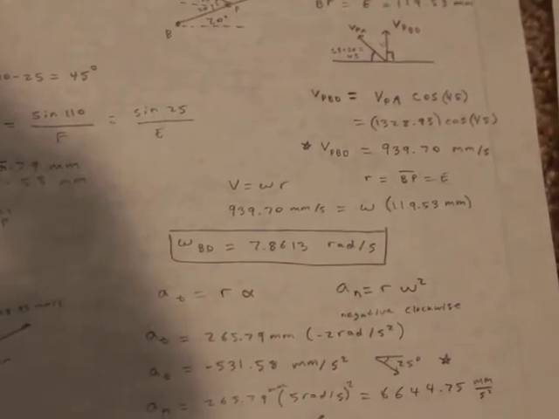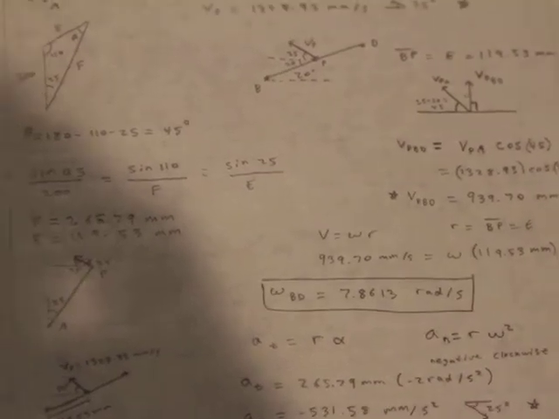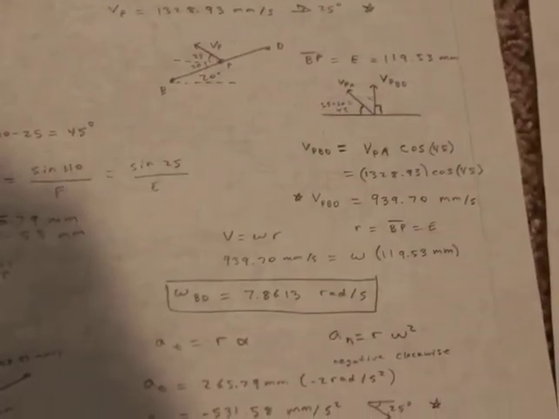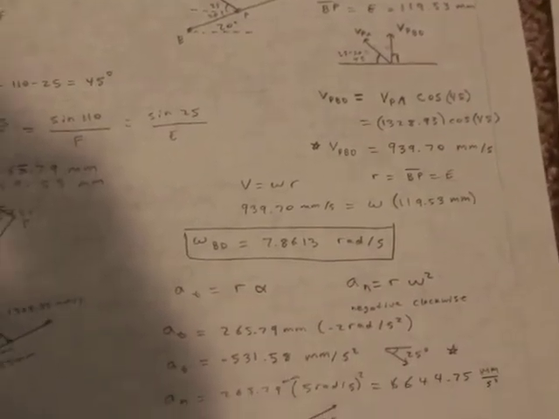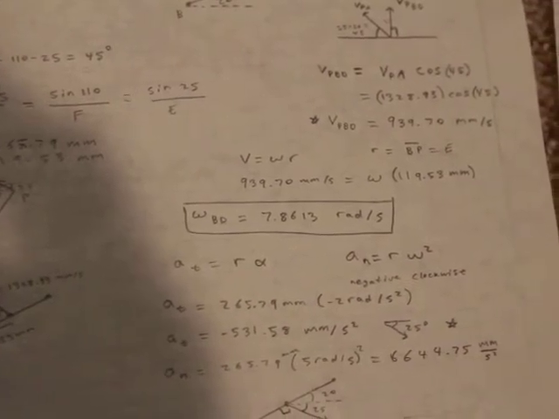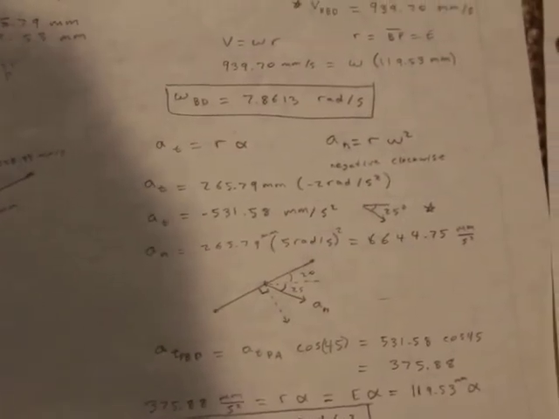We then use that velocity with a radius, which is equal to b, the distance between B and P, which we denoted as E, and that gives us the angular velocity of BD equals 7.8613 radians per second. Then to find our